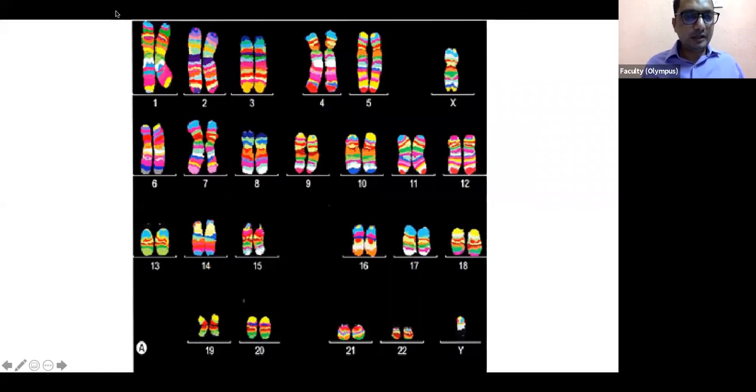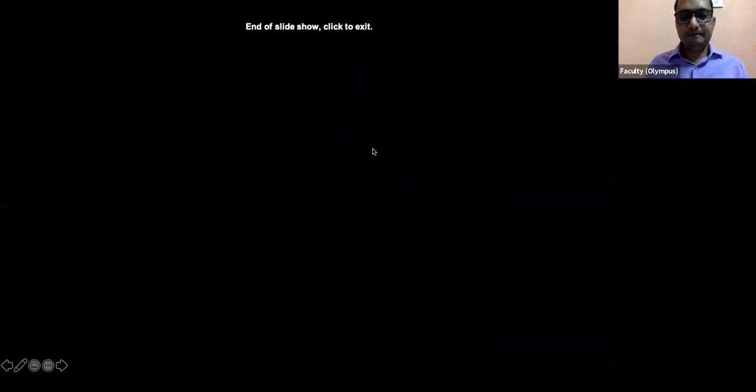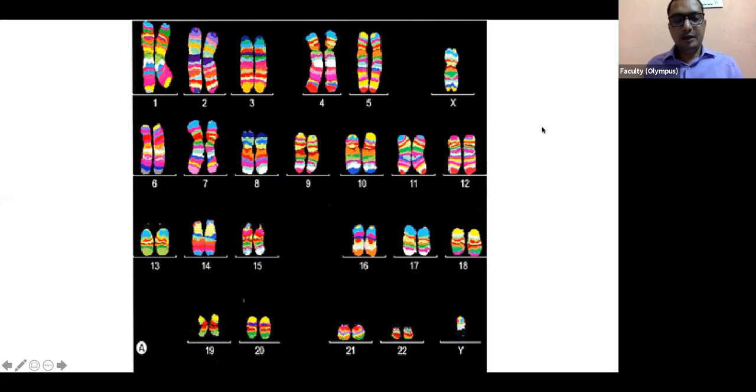See the image like this. If you use different colors for identifying different regions, this is how nicely the banding can look in this image. So nowadays advancements are happening in this field where chromosomes can be very specifically stained. Even manual allocation or arrangement is not needed. Computers, computer programs, can do this. So this is the advancement that is happening.